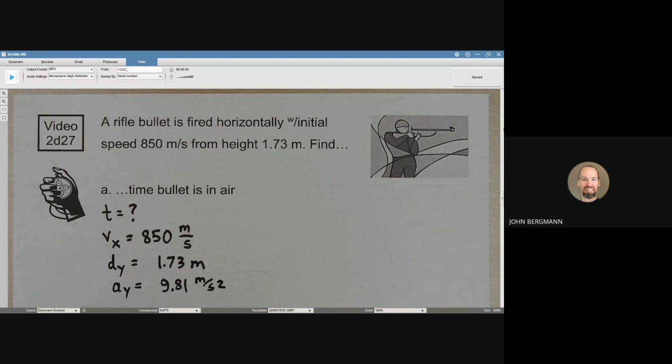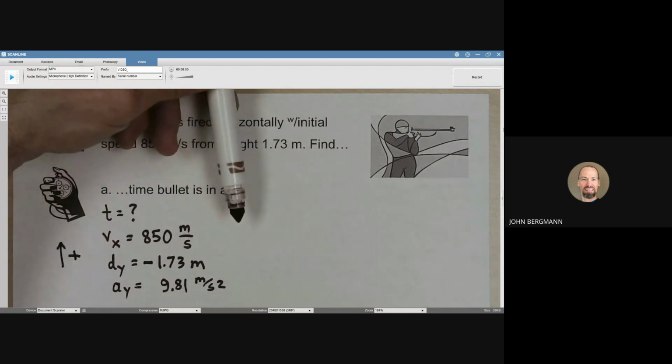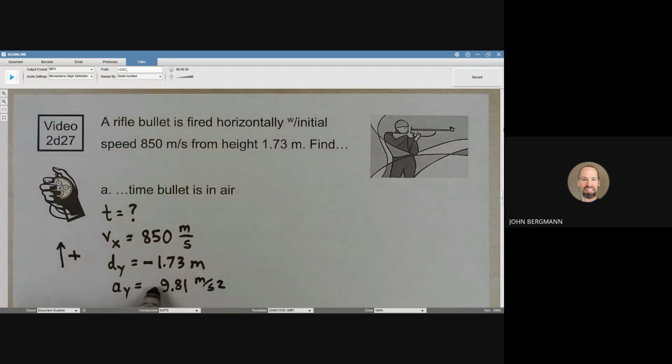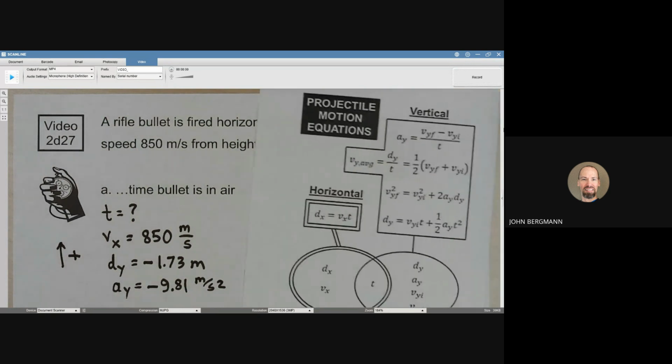And it doesn't matter in which direction, up or down, we choose positive to be, but we have to be consistent with that. So I'm going to choose up to be positive. And if up is positive, then this bullet is falling down 1.73 meters. It must be negative. The acceleration is due to gravity. Gravity is pulling towards the Earth in the downward direction. That number must also be negative, which means if we look at our diagram here,